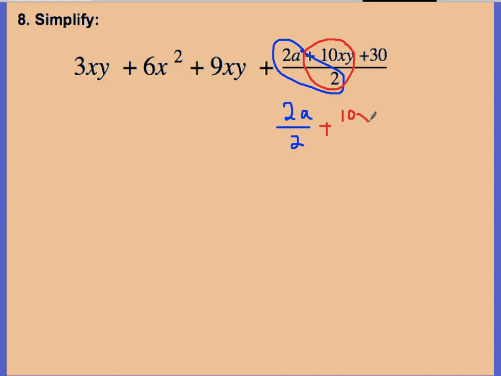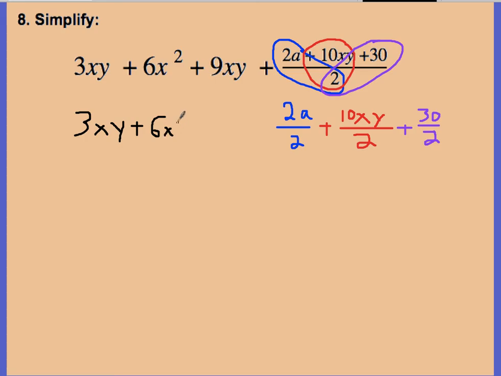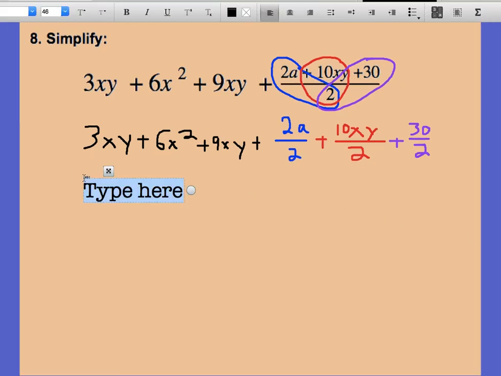So it's going to require some patience. It's going to require us to look at things one step at a time. Hopefully using the colors here helps you guys too, especially if you didn't see this on your first time through. All right, and when we do this, remember everything else at the beginning, we're going to rewrite that because we're going to need that later to help us simplify the whole thing. All right, so let's go ahead and I'm going to type this part now again too so it looks a little neater. So I have 3xy plus 6x squared plus 9xy